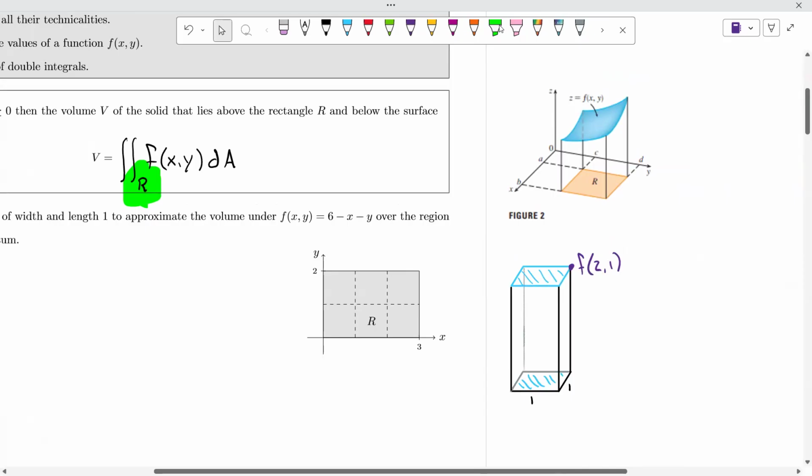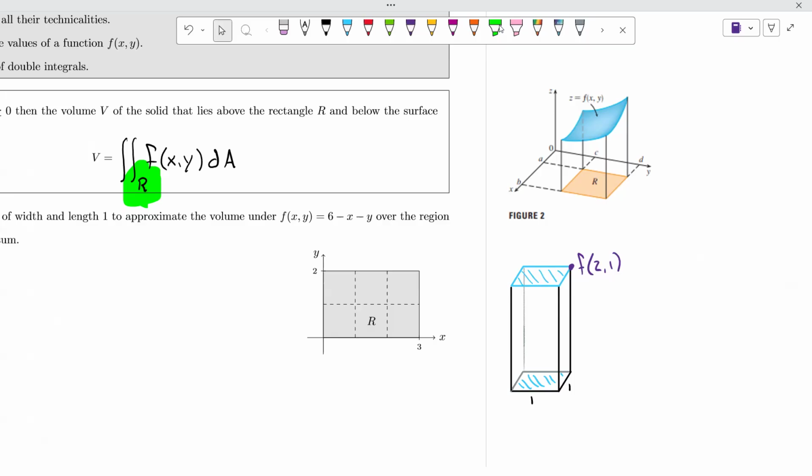pre-prepared with, if that blue shape is my surface, it's some function z equals f of x and y. So z, again, function of x and y. My domain is just going to be the rectangular region that's projected down into the xy plane. Again, that's what my R is going to be that I spent a bunch of time talking about. The answer to the double integral over that region is the volume that's underneath that blue surface. And again, we're going to start approximating that with a bunch of rectangular boxes as sketched right over here, just